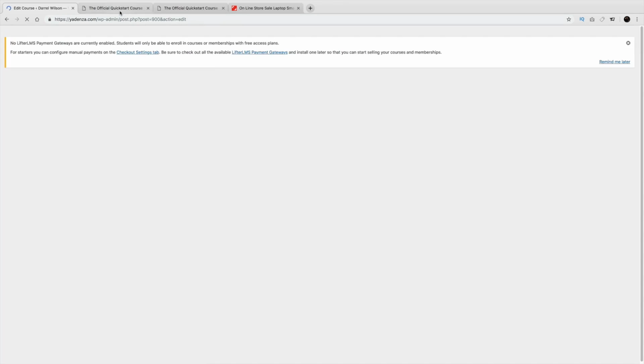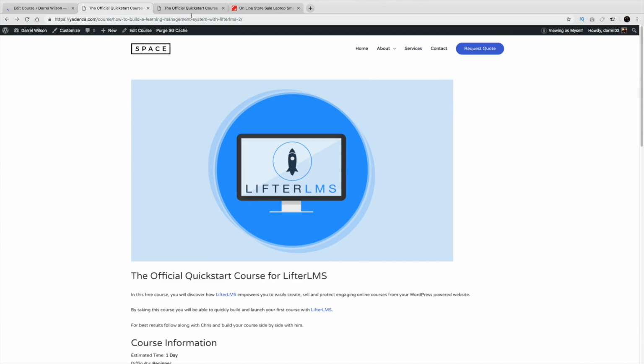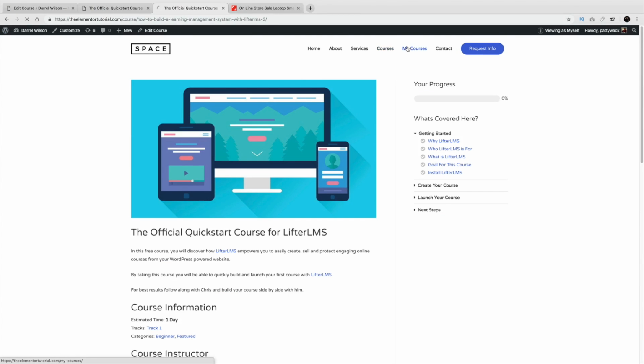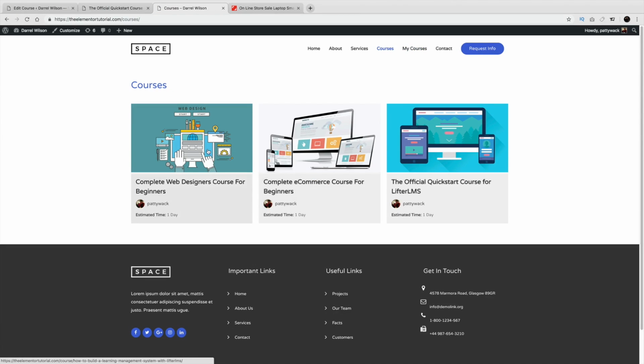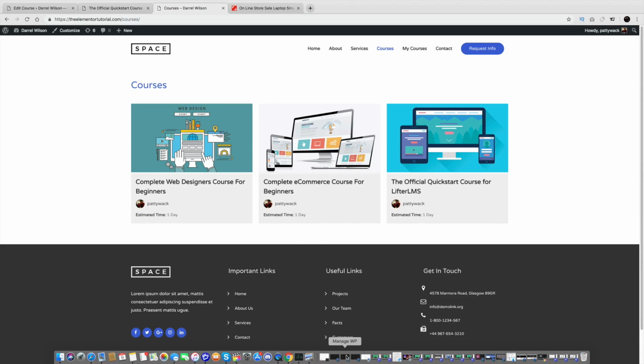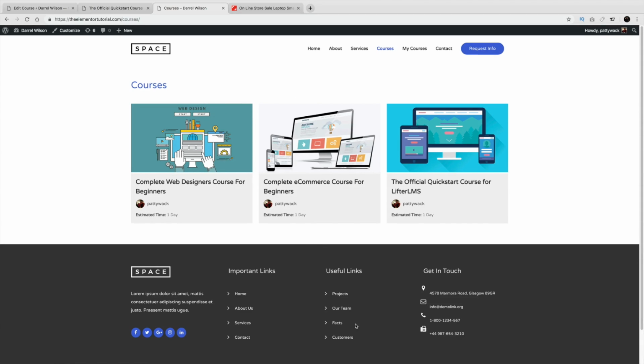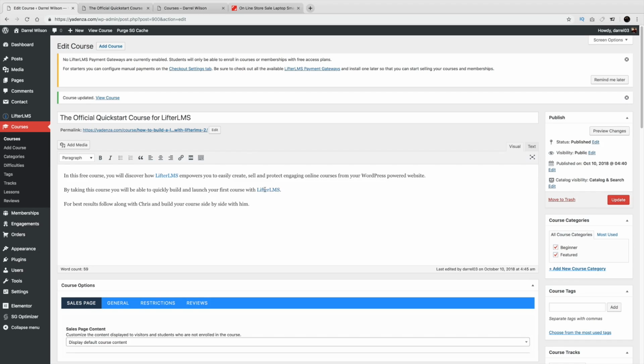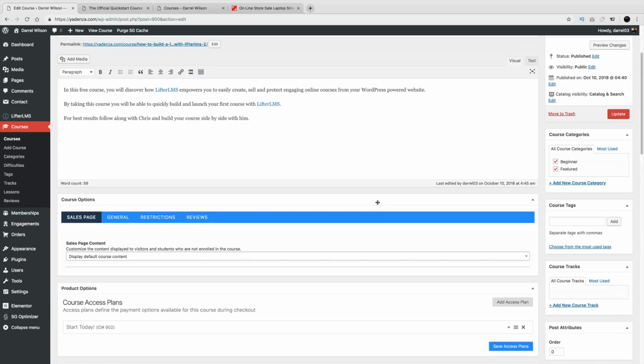So, for example, let me go over here to my courses just to give you an example. If you don't use the same size, they're all going to come out like one will be bigger than the other. It'll look really ugly. So you really want to make sure you're using the same size for every single course. Okay. All right. So now that we've got that out of the way,